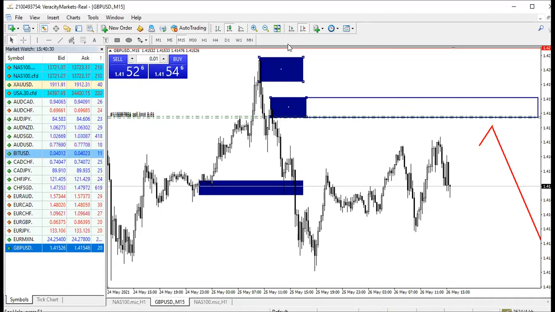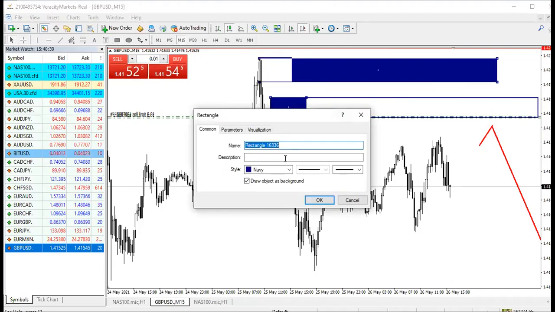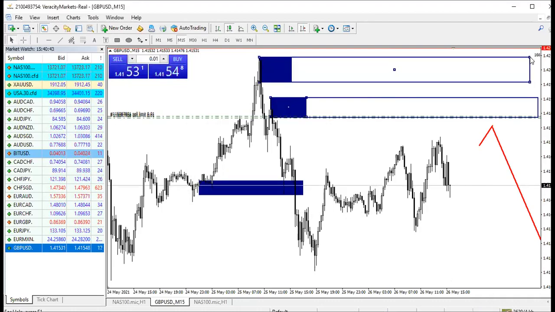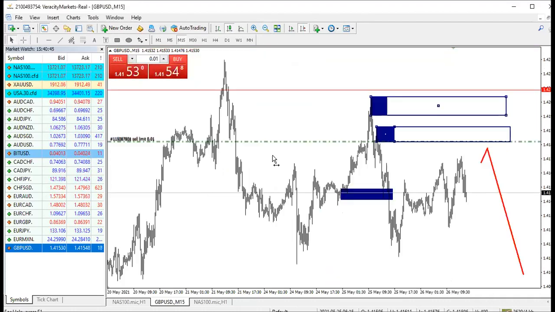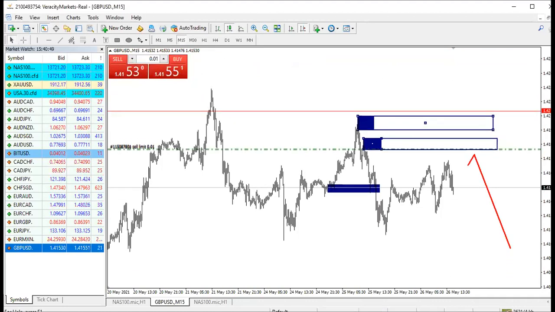We risk low, we take a lot. So do not risk what you cannot afford. Risk management is very important, guys. So GBP USD, I'm expecting this. Are we together? Yes, yes, we are.